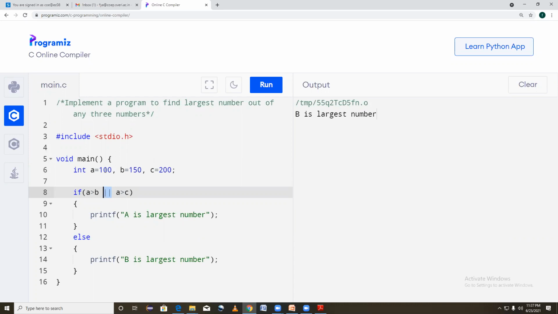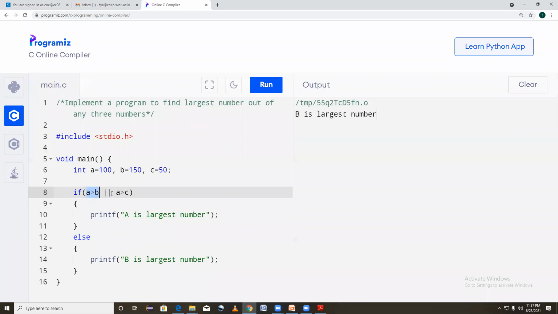Whether it is true, it is not true with this. But if the value of C is, let's say, 50, now check this condition again. If A is greater than B, okay, that's fine. But A is not greater than C.